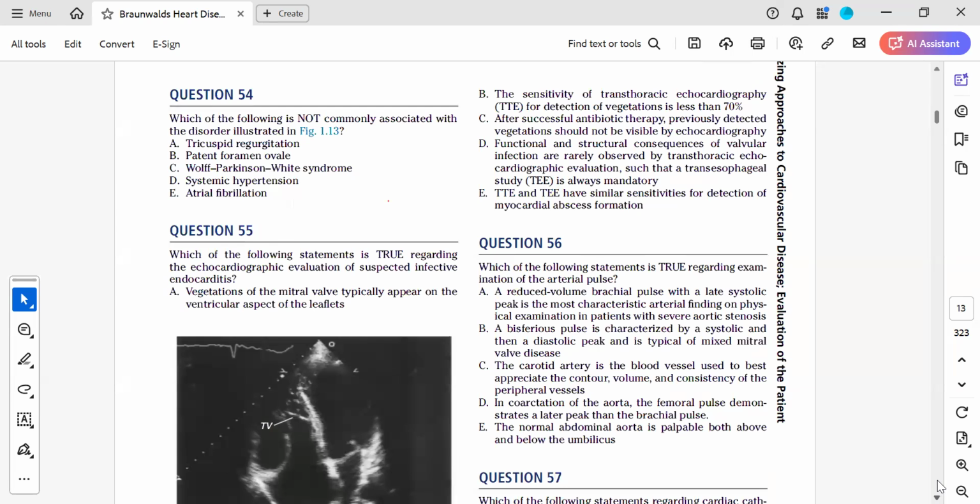Question 54. Which of the following is not commonly associated with the disorder illustrated in figure 1.13? A, tricuspid regurgitation. B, patent foramen ovale. C, Wolff-Parkinson-White syndrome. D, systemic hypertension. E, atrial fibrillation. So if you look at this image,